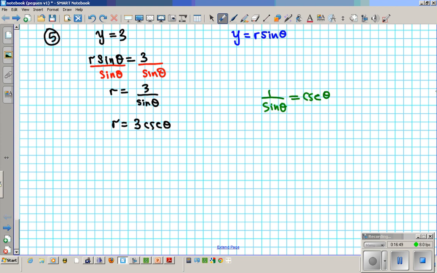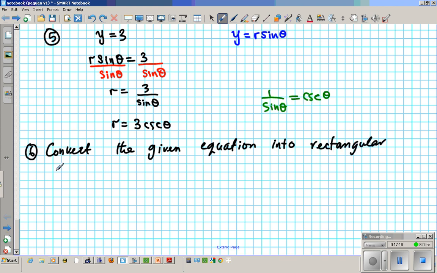Alright. Let's try one last example. Number 6, convert the given equation into rectangular form. Okay. What if we have this equation r equals 5 cosine theta? So how do we do this one? Well,